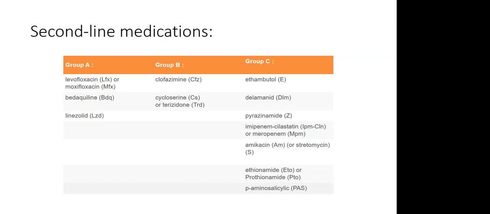So really the follow-up guidelines are not a hard and fast "this is the way you must do it," because some settings have more availability than others. In some areas you may find that, for example, clofazimine is not readily available, but say you have lots of levofloxacin and linezolid, you'd probably be using that group instead. And other times it may be, okay, we've seen some resistance, so we're going to try a bit of meropenem and some streptomycin as well.